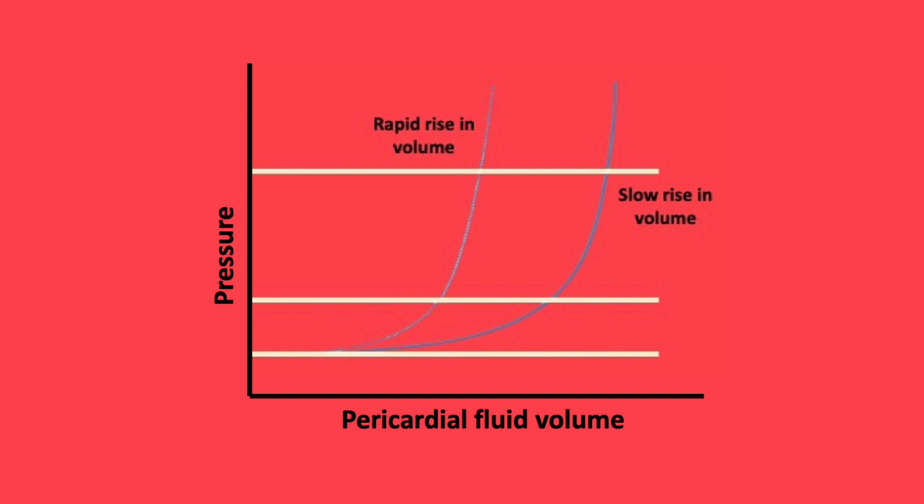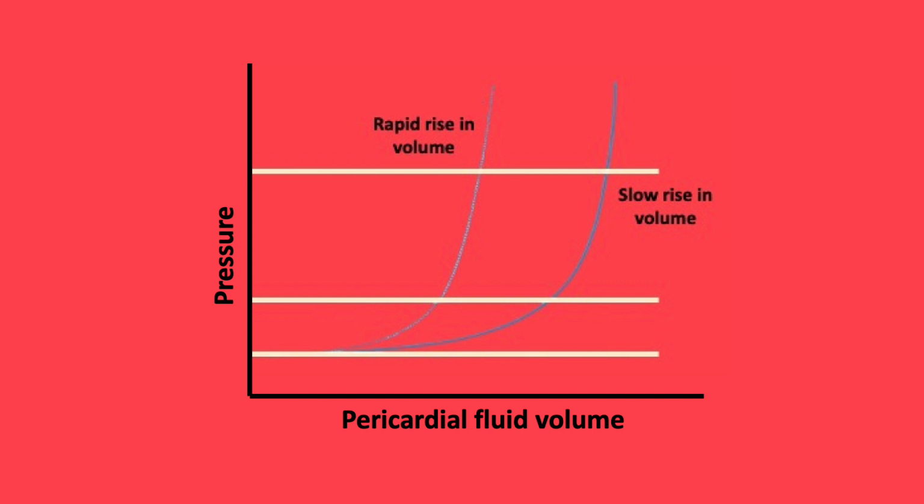The pericardium, as discussed, is a relatively stiff sac, and therefore fluid within the pericardial space exhibits a pressure-volume relationship. Consequently, the compliance curve of the pericardial sac follows 2 patterns. Firstly, slow accumulation of fluid results in a slow rise in pressure due to stretch of the pericardial sac. Conversely, a rapid rise in fluid accumulation results in a rapid rise in pericardial pressure.